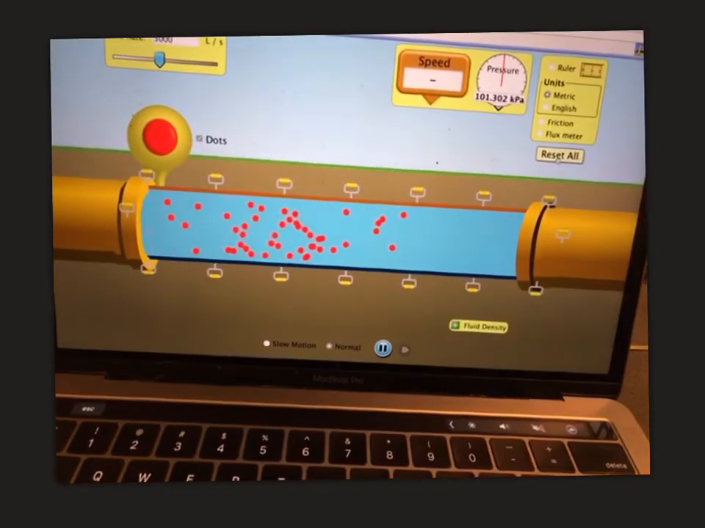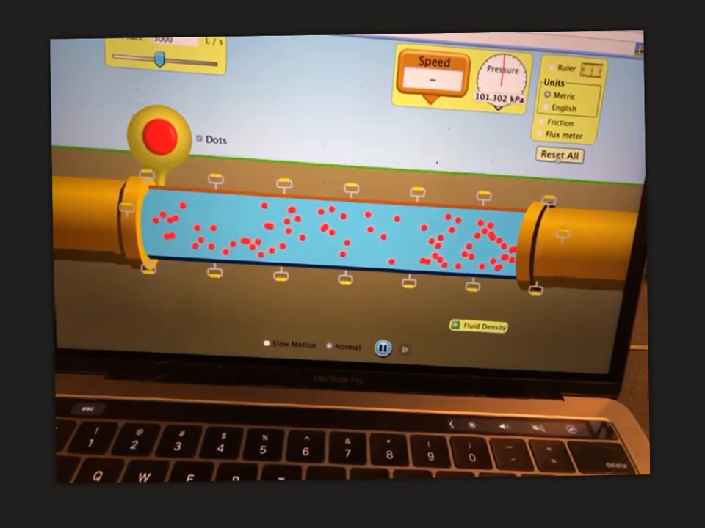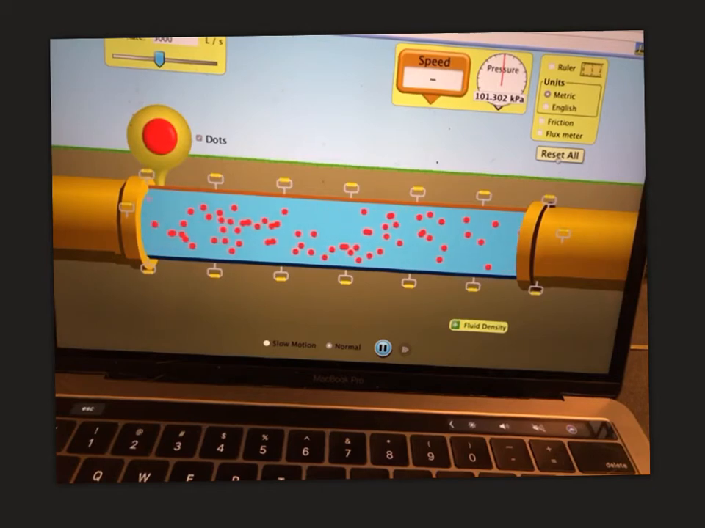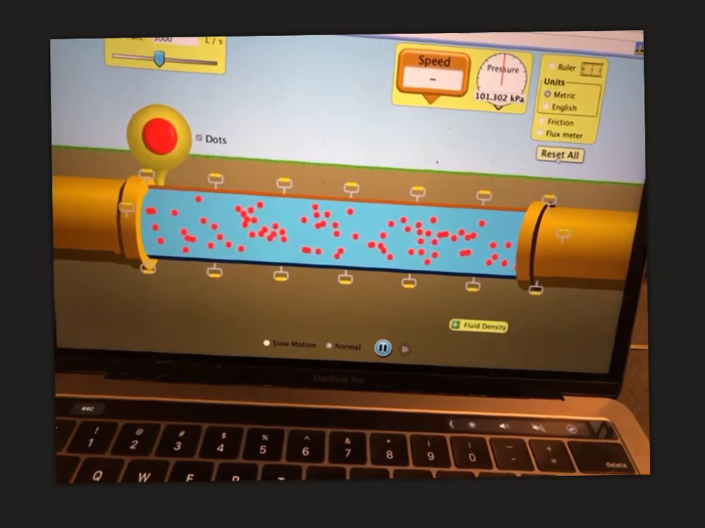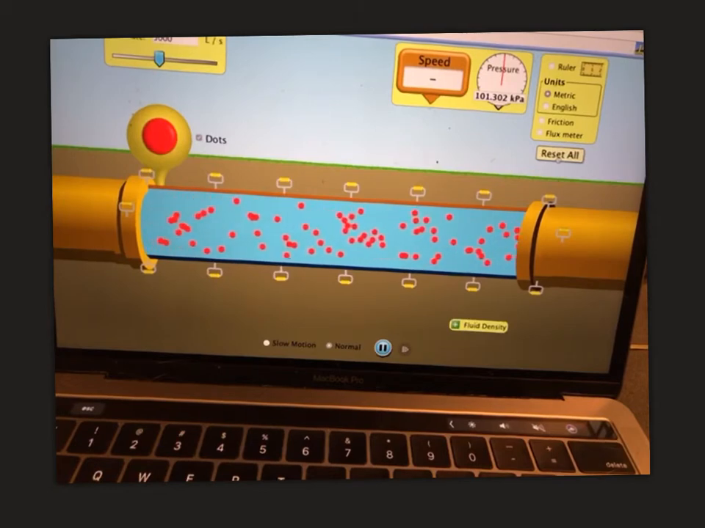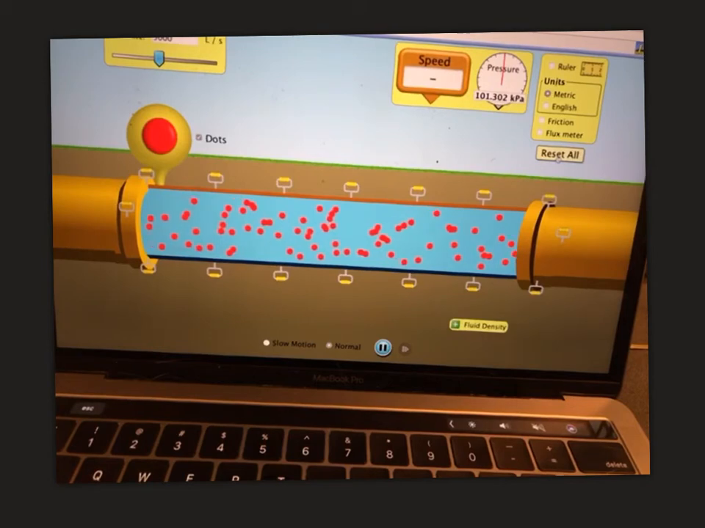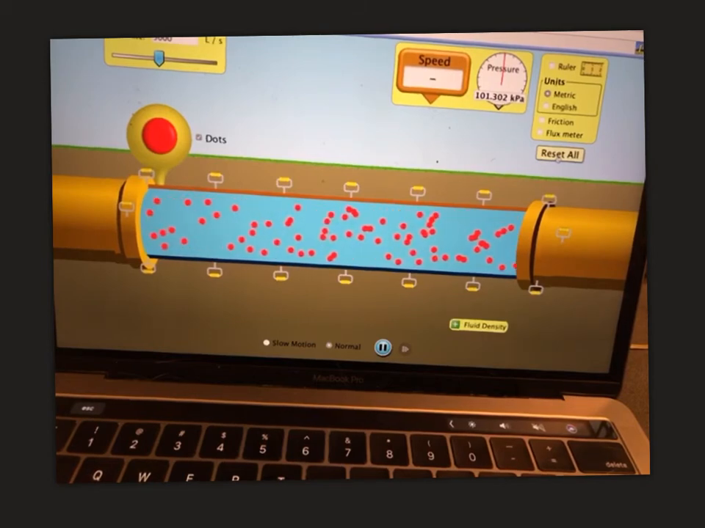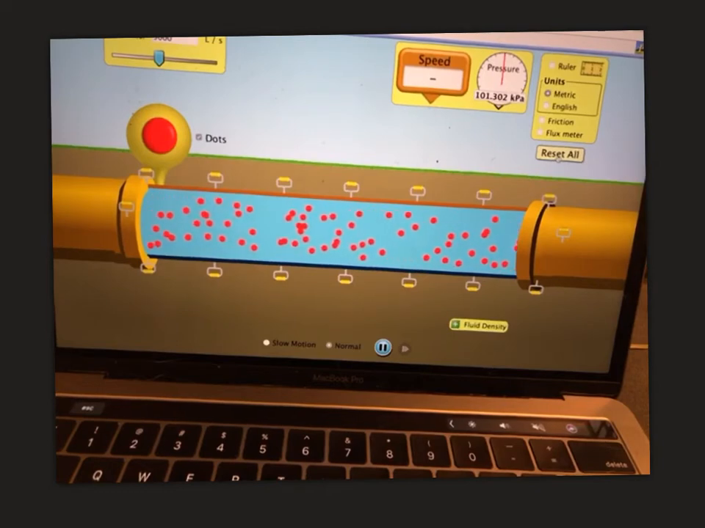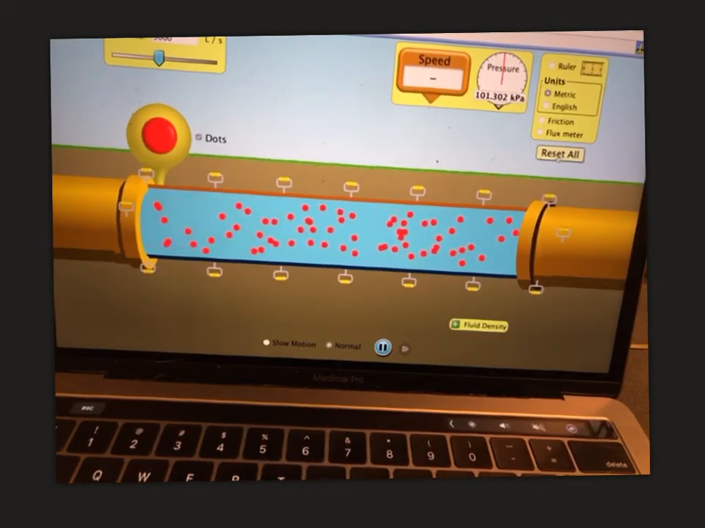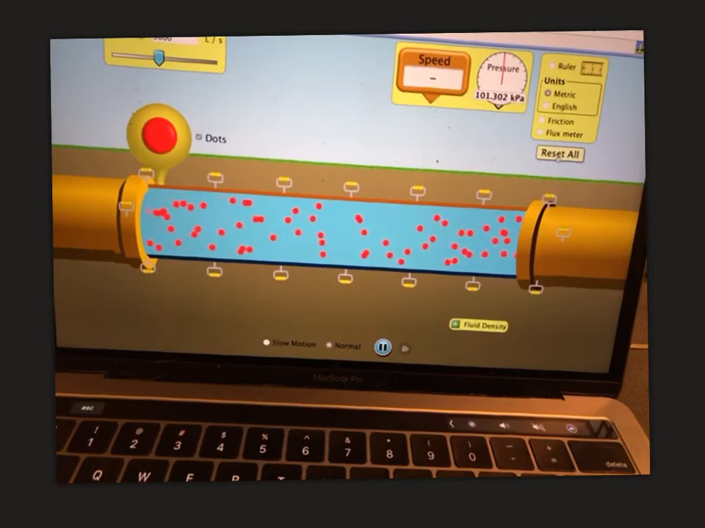Alright, so here we have a fluid and the individual particles in the fluid are represented by the dots. Before I do anything to this, and what I am going to do is narrow a section of pipe, I want you to, in your head, decide what's going to happen to the velocity of the fluid flowing through the narrow section of the pipe, and what's going to happen to the pressure in the narrow section of the pipe. So I want you to commit to an answer now